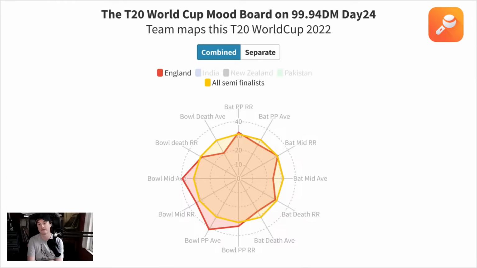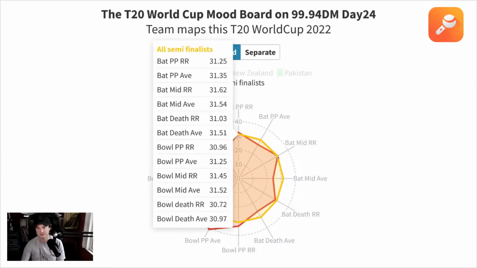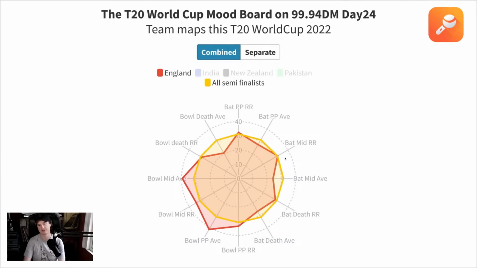The other one that I find interesting is that they're also not really dominating in the middle. They're just above average. Just a smidge above average. This is where they have dominated white ball cricket in both formats since 2015. Right? This is really where we've seen the major change for England. And you can see why when you go through to the average. They're just losing a comical amount of wickets in the middle.